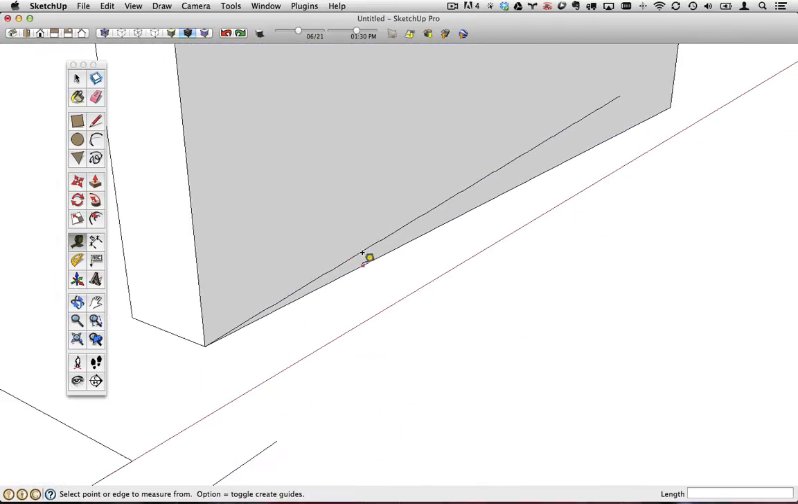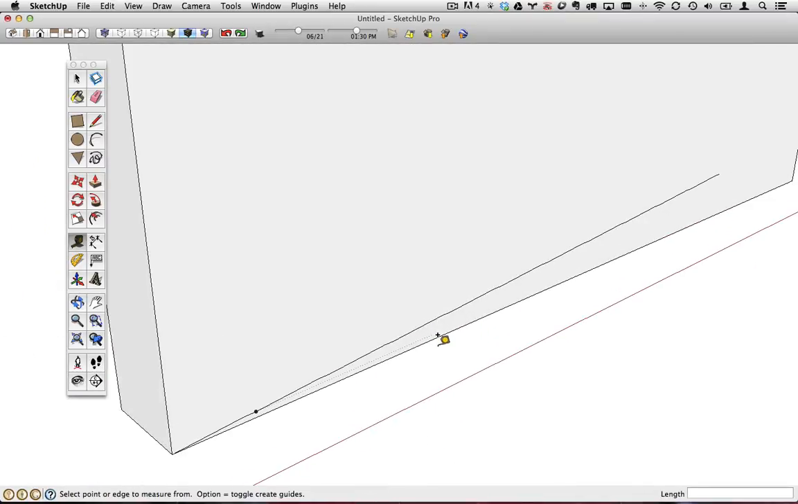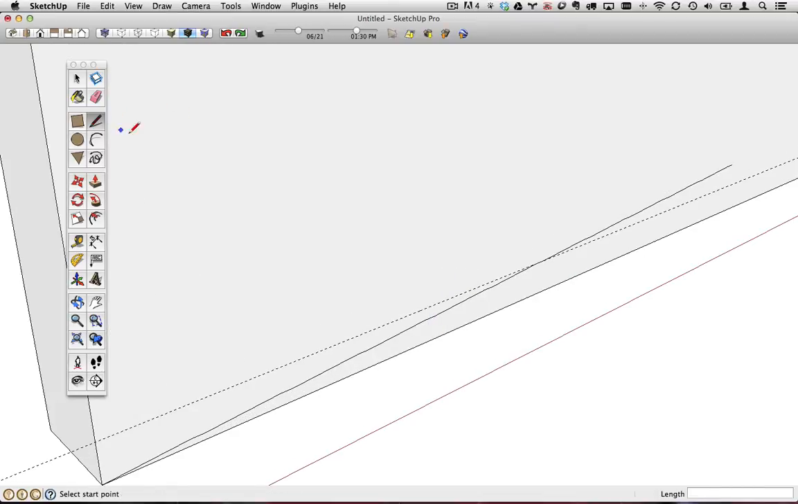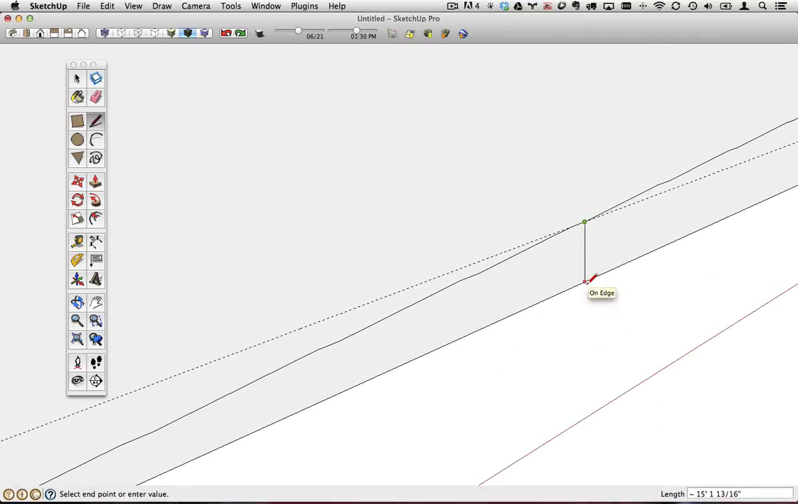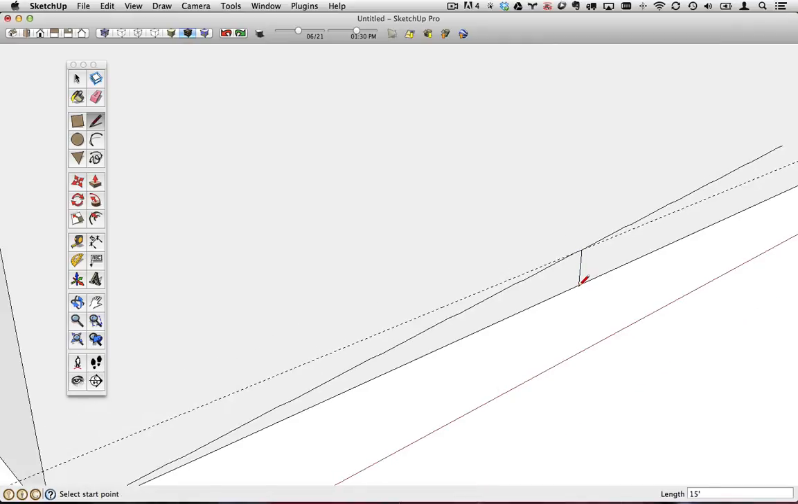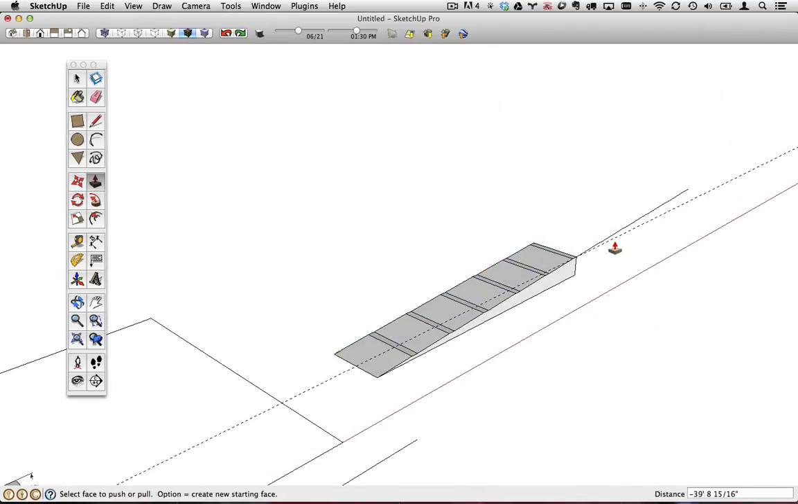Back to the measure tool. I need this ramp to go to 15 feet. Let's click here, start that construction line, type 15 feet, enter, and I can see that that ramp would end right at that point. So with the pencil tool, I'll draw a little line, push-pull to clean this up, eraser to get rid of the extra lines,